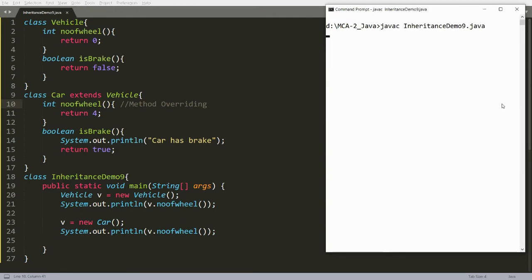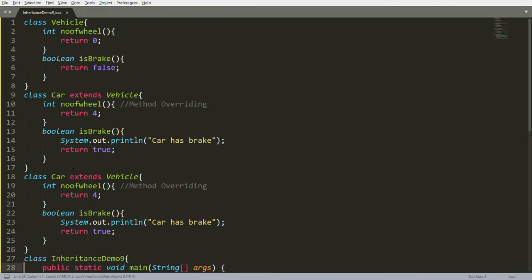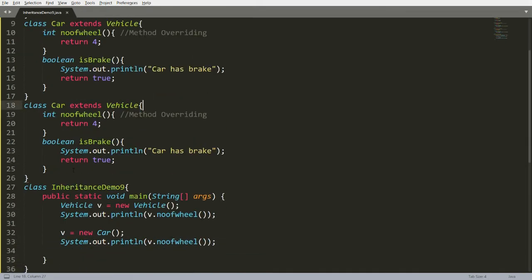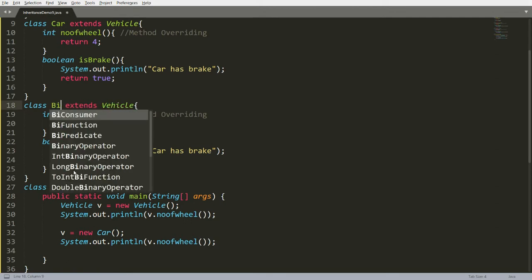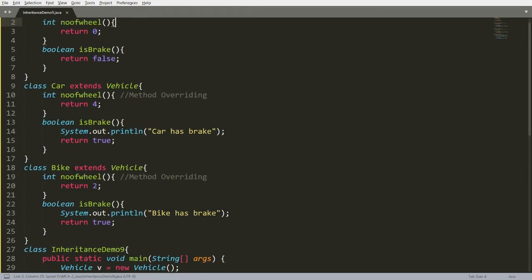And here if the father is pointing to the child, now I can access that the car has 4 wheels. So what is the wonderful thing here? Using the instance of the father, I can access the function of the child. Not only this, suppose you have one more class available here, for example Bike. Now how many wheels are available in the bike? That is two-wheeler. Now here also I can write that the bike has a brake. So both are overridden functions.